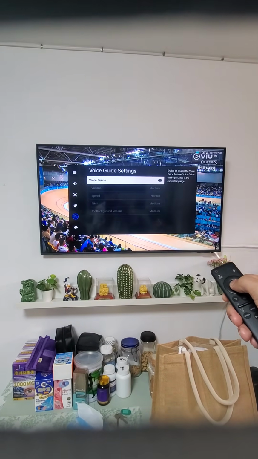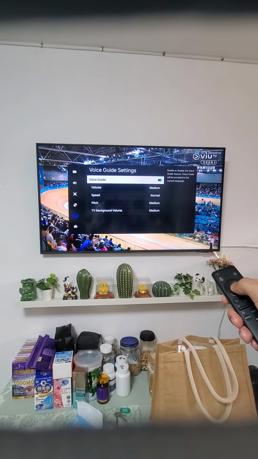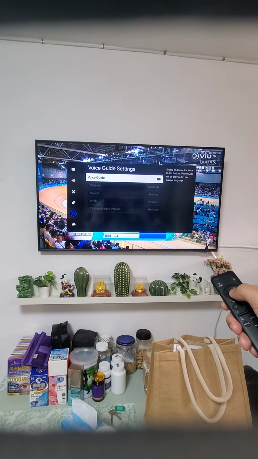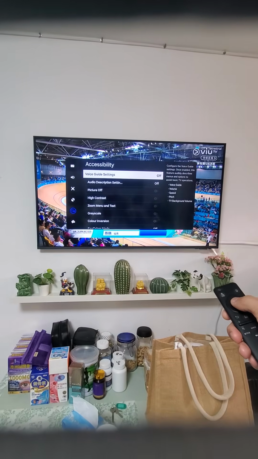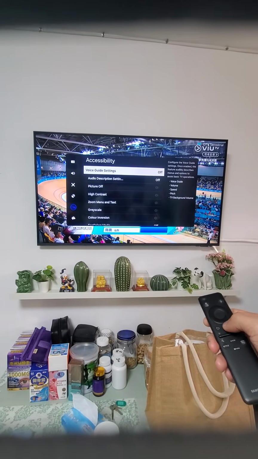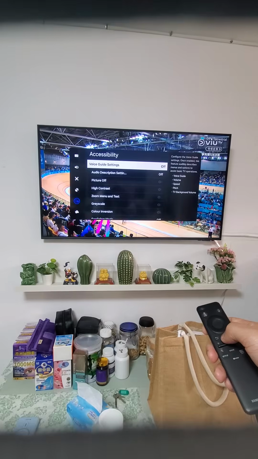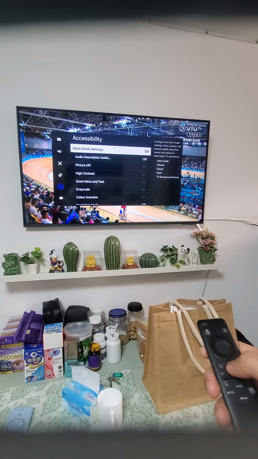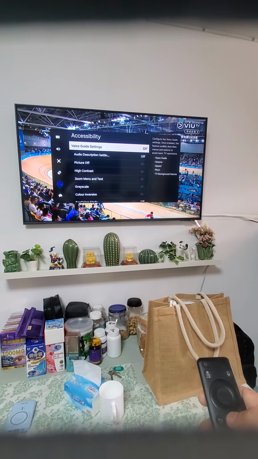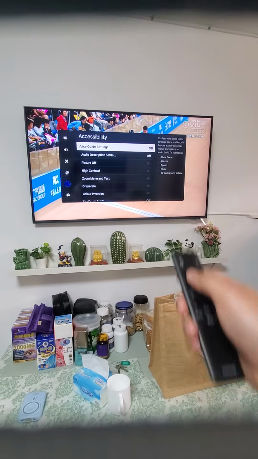If it's on, it turns on like that. If you want to turn it off, like that. And then when you're done, to turn it on, off, it's already off like that.